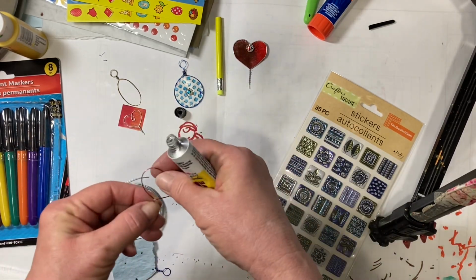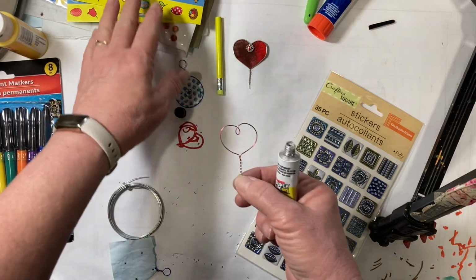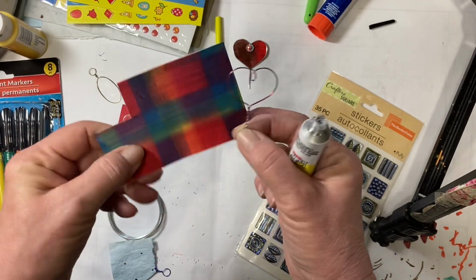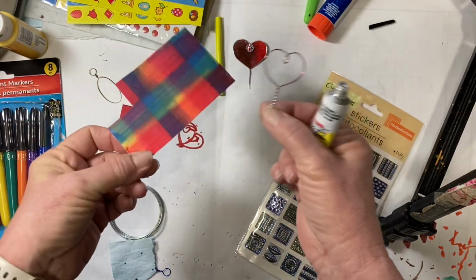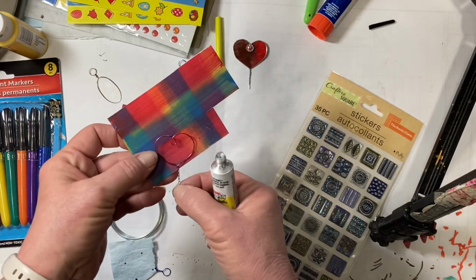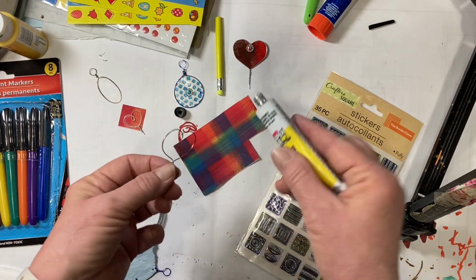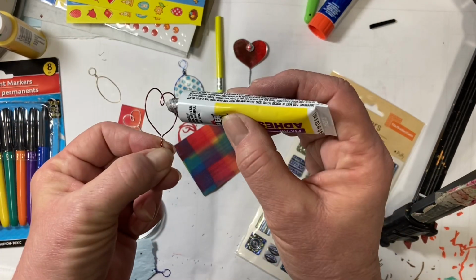So first thing would be, what do I want to put this on? And so here, this is cardstock, and I wanted it to be really heavy, so I just cut it in half and glued it together so that I would have a really pretty thick piece of paper here instead of a thin piece. And maybe I'll want it there. You kind of like that corner there. So I am just going to put a little bit of the glue, just barely let it come out,